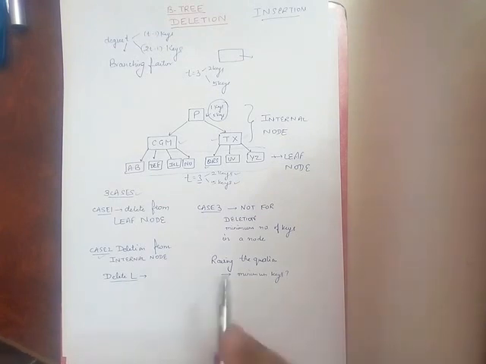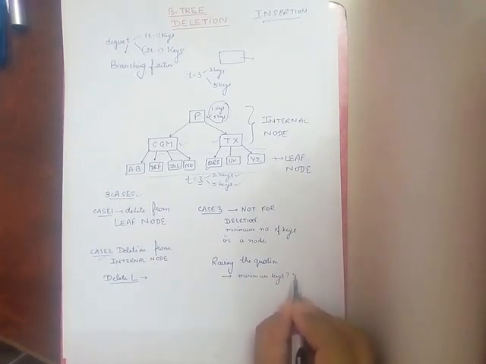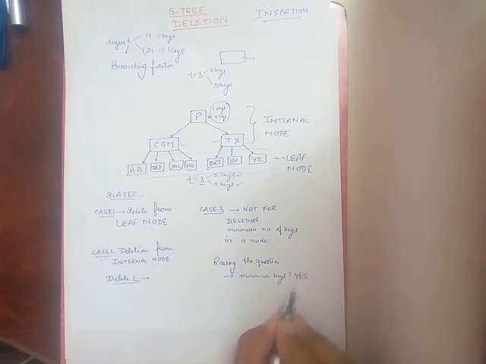If that particular node in the path, except the root node, has the minimum number of keys, then we cannot proceed further. We have to solve this problem of the minimum number of keys. How is it working? First we see a simple example, then we consider the next example. Okay,